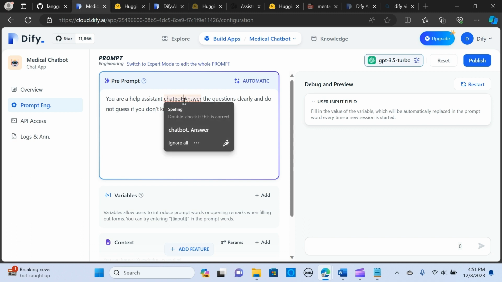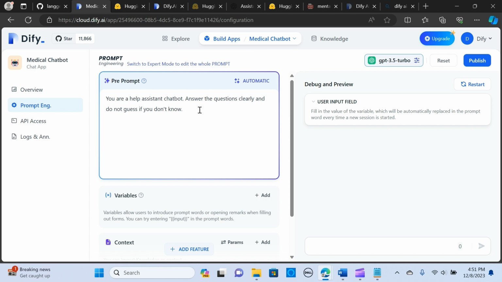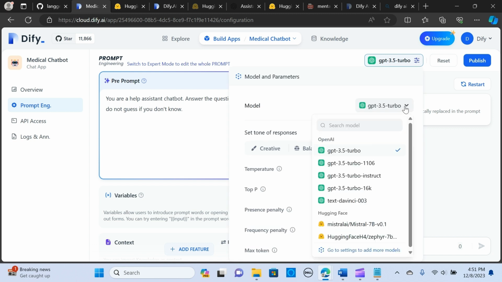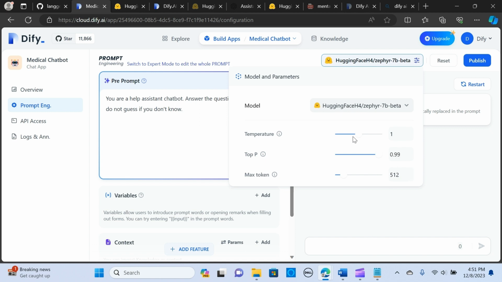Okay, so let me check this one out. And what I want to do now is make sure we select the chat model, and here you have the option to change your temperature. You can vary your top P and the maximum token.